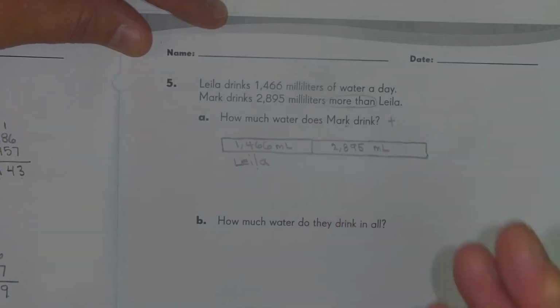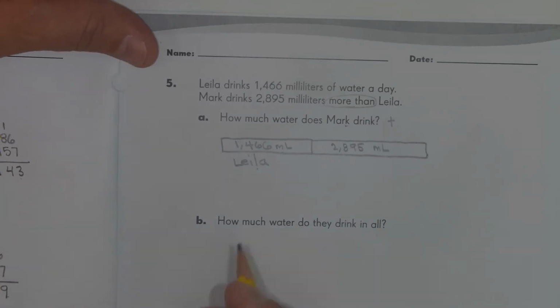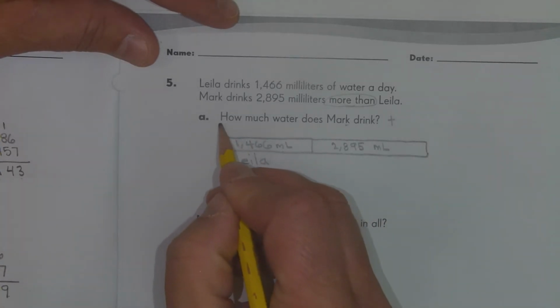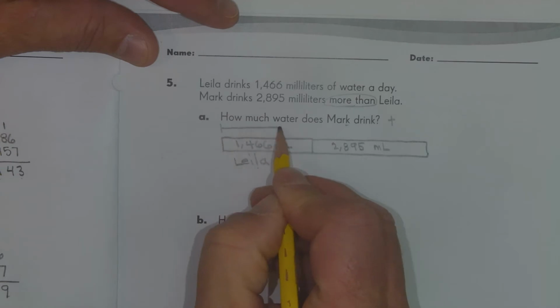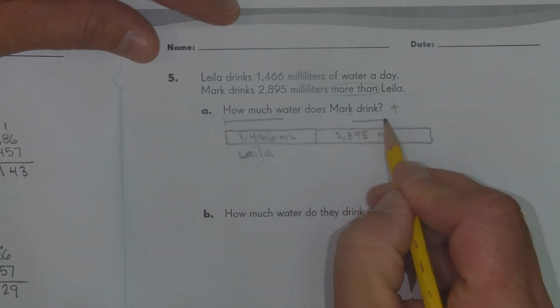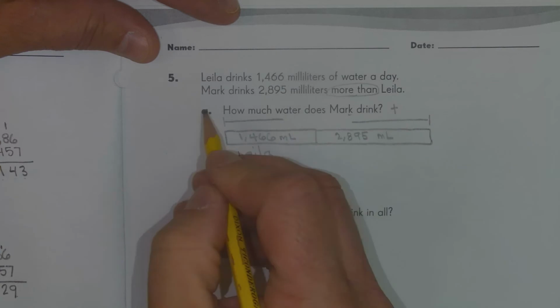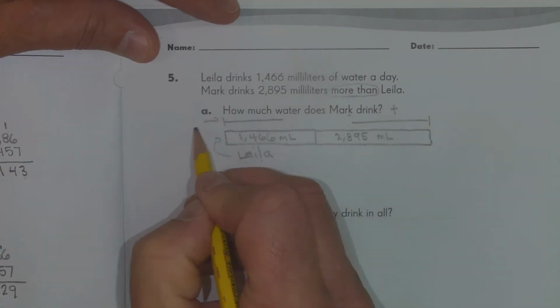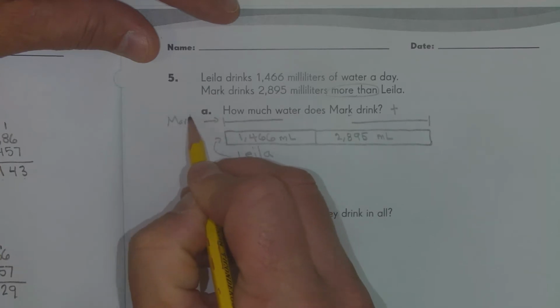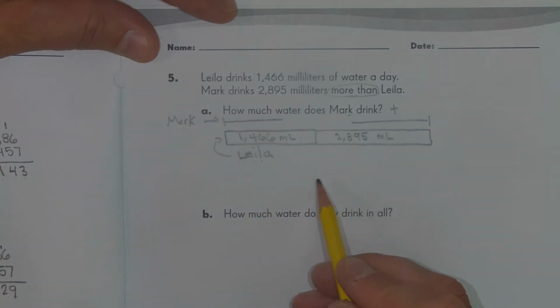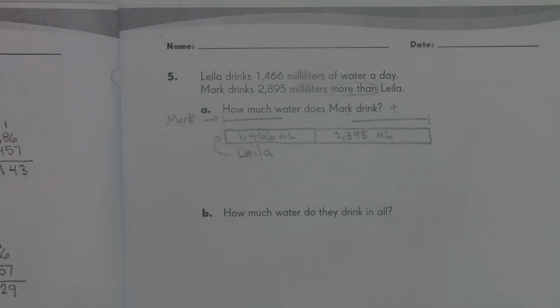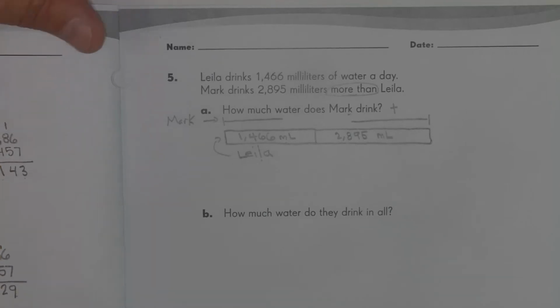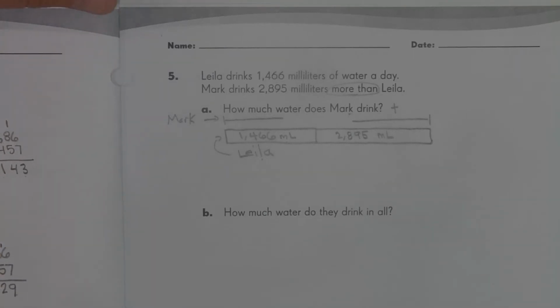And this is where bar models get a little bit confusing. But if I put something up here, this would be how much total Mark drinks. Okay, so Leela's here and Mark is here. And so as I look at this, I think to myself, well, Mr. Hajdukovic, you might have made a mistake here. You might have drawn the wrong bar model, because to me, this looks like a comparison model now. So what I'm going to do